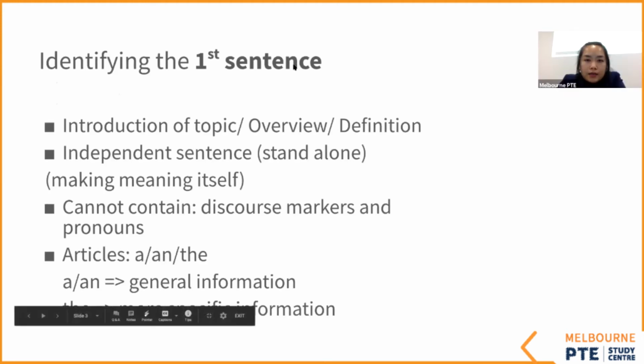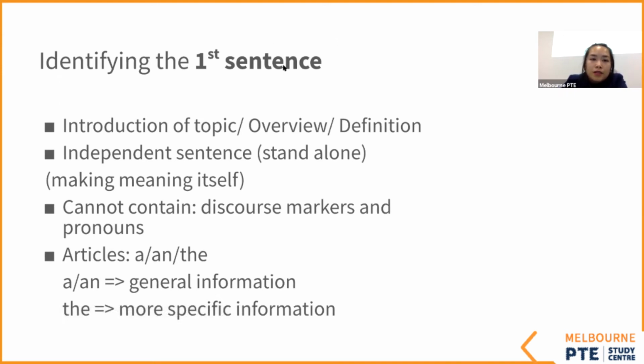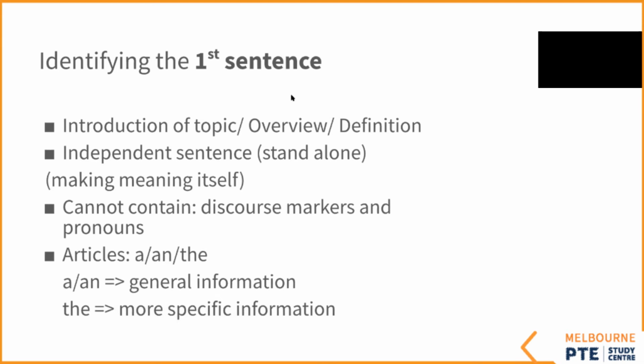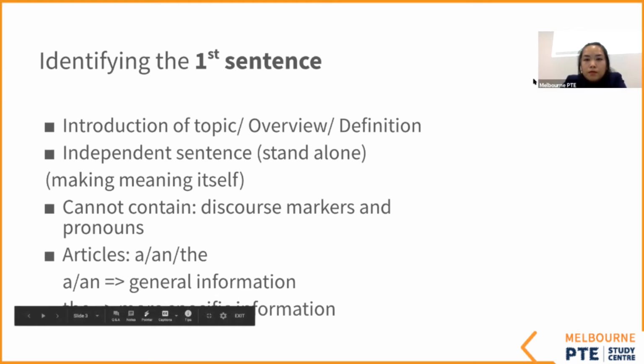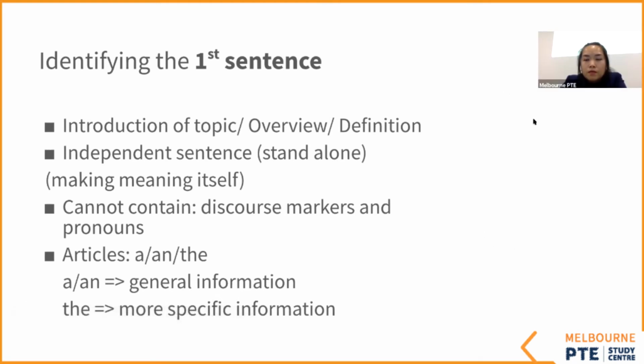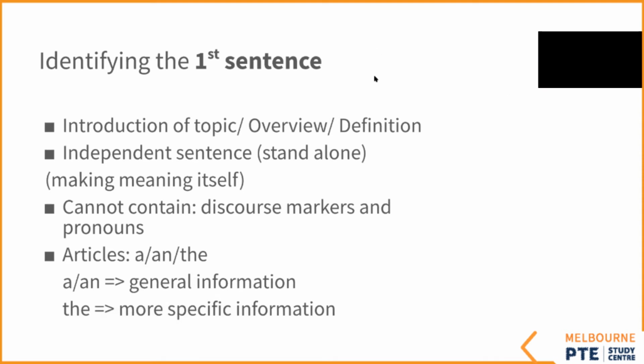The first technique in reorder paragraphs is to identify the first sentence. I get a lot of problems with this one, because if I make a mistake on the first sentence, normally it's linked with the rest of the sentences. If I get the first one right, normally when I do the test, it goes smoothly. If the first one is wrong, everything goes wrong. I will tell you why it happens that way. But always remember,